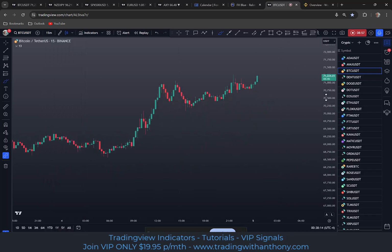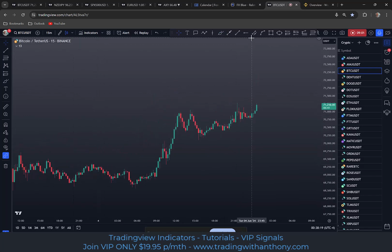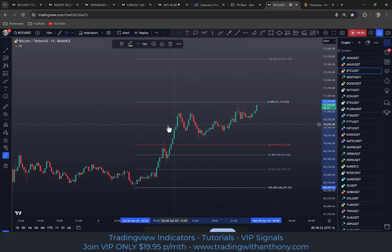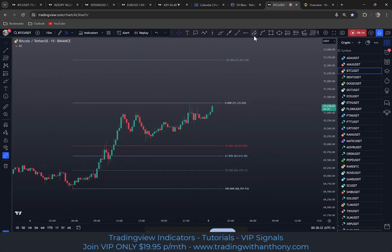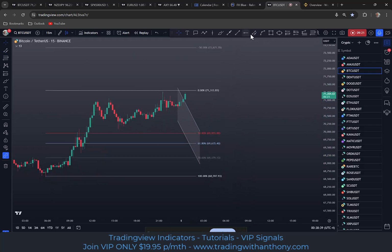So look, here it is, guys. I'll paint a picture for you, and this is my next trade. Easy markup, something like that, and I'm looking for price to trend down. So we're looking for lower highs, lower lows. Then I'm looking for this to become range bound to a degree, and then we just wait for the break